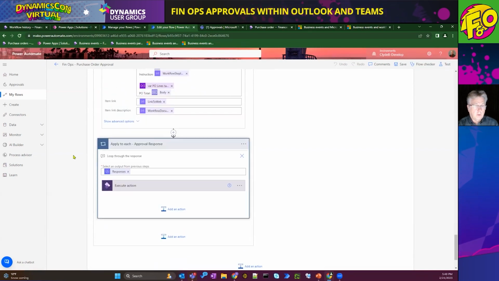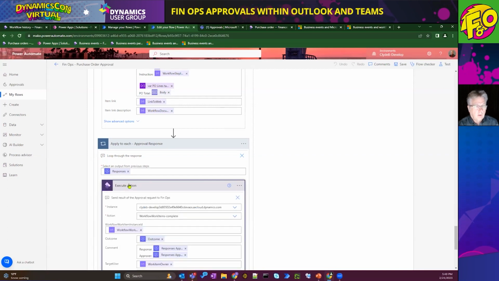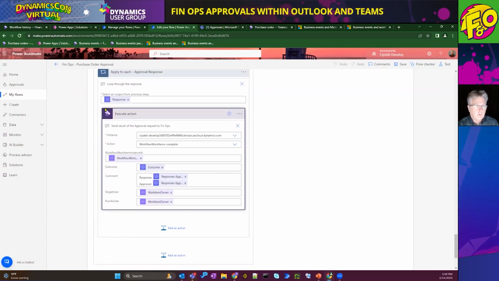And what we do is look through the responses that come in. In this case, we don't have to do anything special. We just execute this action for FinOps back to that instance. We tell it that we've completed that workflow item. We have to make sure we get the instance ID in there to make sure we got the right item that we're telling it to do.